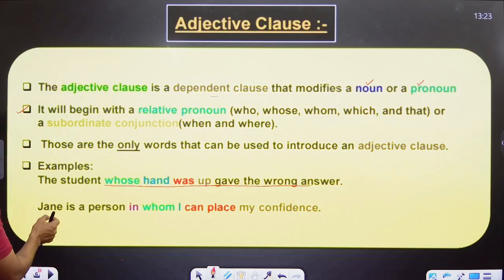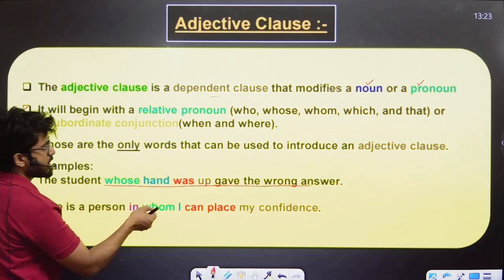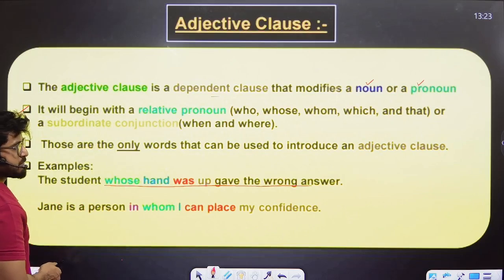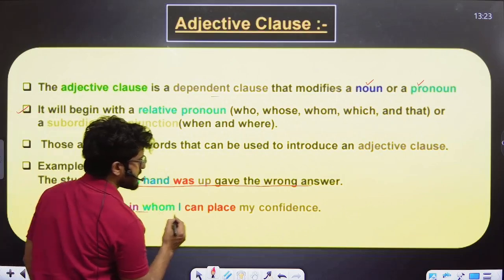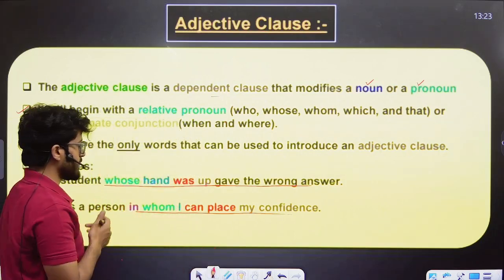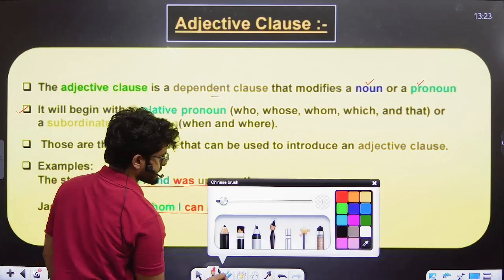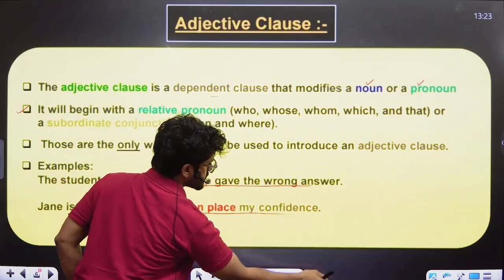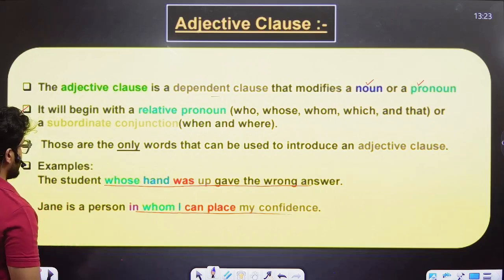So here also: Jane is a person in whom I can place my confidence. वो एक ऐसा व्यक्ति है जिसमें मैं भरोसा कर सकता हूं. Got it? Another trick to remember this could be, see,